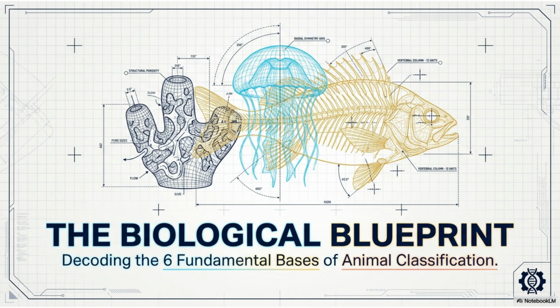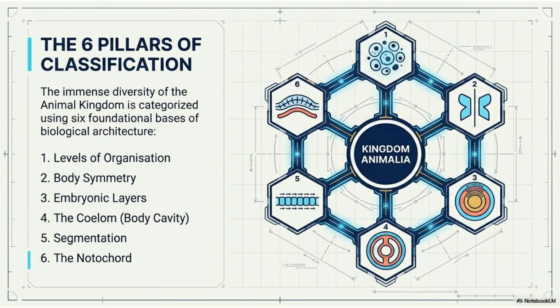Welcome to the Biological Blueprint, where we'll decode the 6 fundamental bases of animal classification. This video will explore the architectural framework that structures the immense diversity of the animal kingdom. The immense diversity of the animal kingdom is categorized using 6 foundational bases of biological architecture, or the 6 pillars